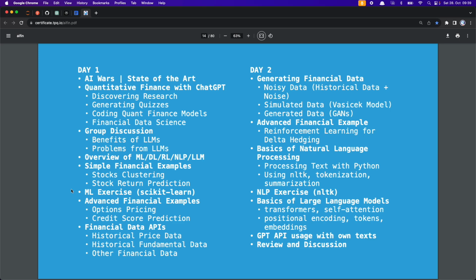Generating financial data. Noisy data will be my first pretty simple example, but straightforward. Simulated data, the Vasicek model, originally in the 70s introduced for pricing of rates products, and the modeling first of rates and then the pricing of products on the rates, and then the bit more modern approach of GANs, generative adversarial nets here, so that we can then apply with one of the methods reinforcement learning for delta hedging and see how, A, reinforcement learning works, and